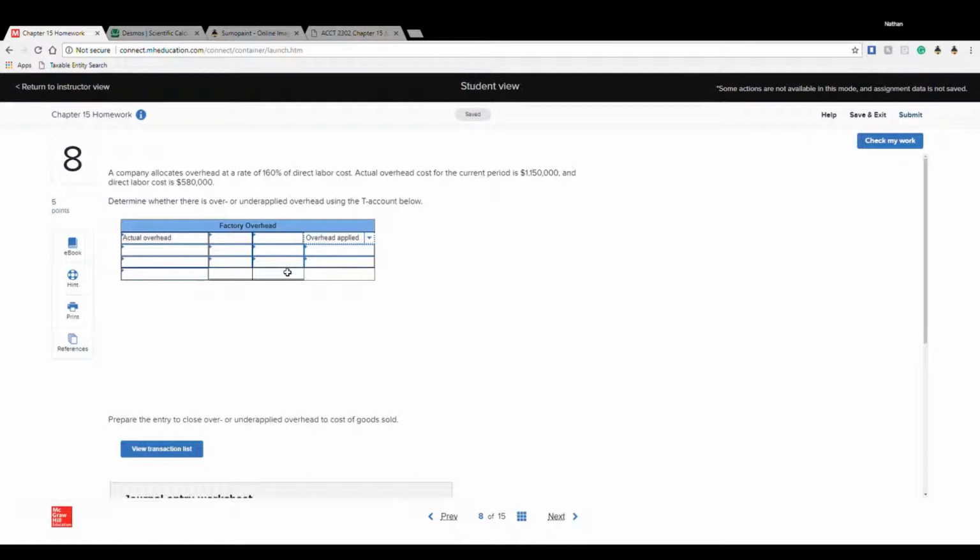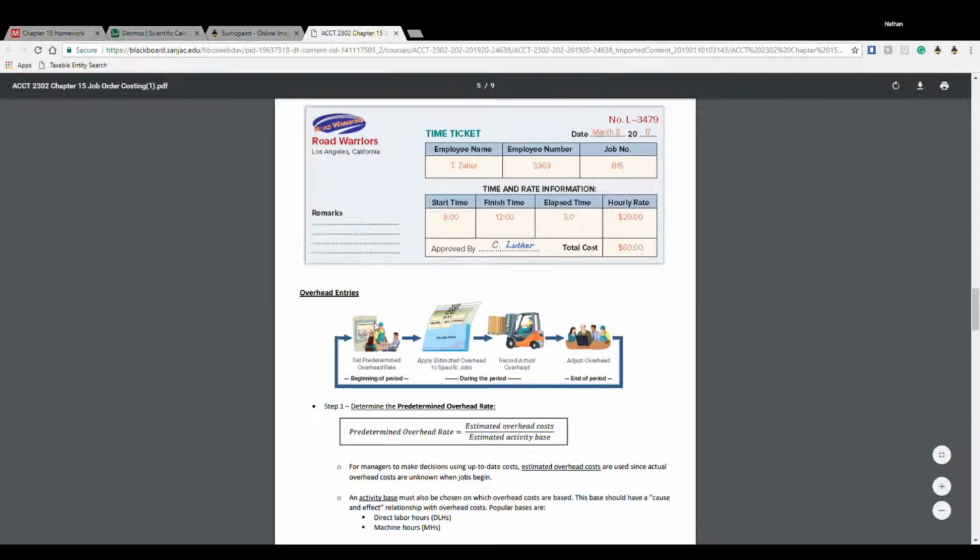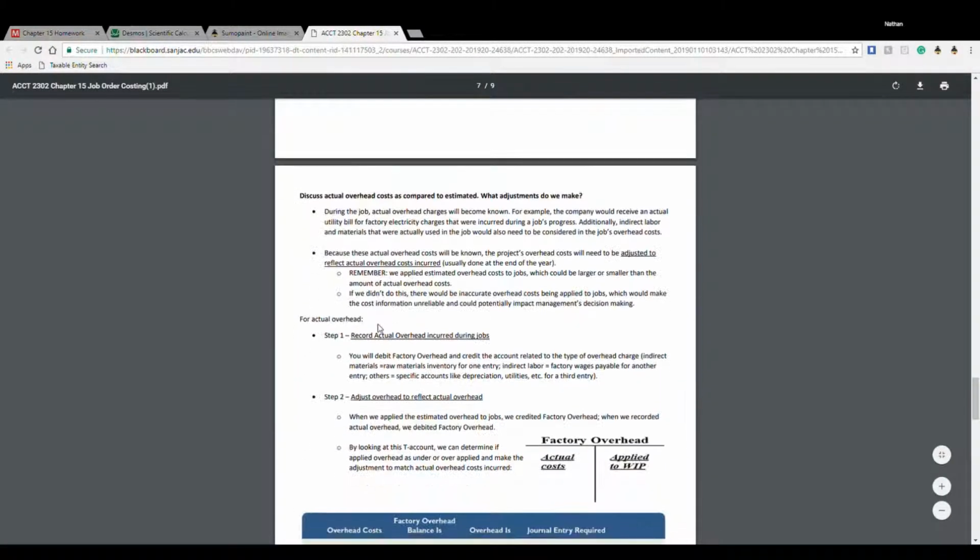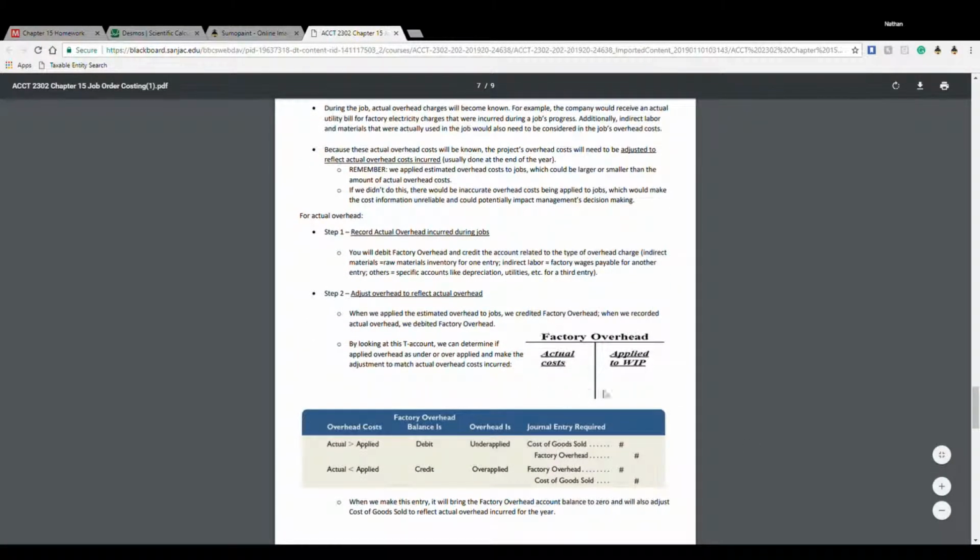Okay, so debits are actual, credits are applied. Again, if I want to check my notes, we should have it right there. Actual, applied. Okay, and it also gives us a journal entry. So we may want to check on this when we finish the actual